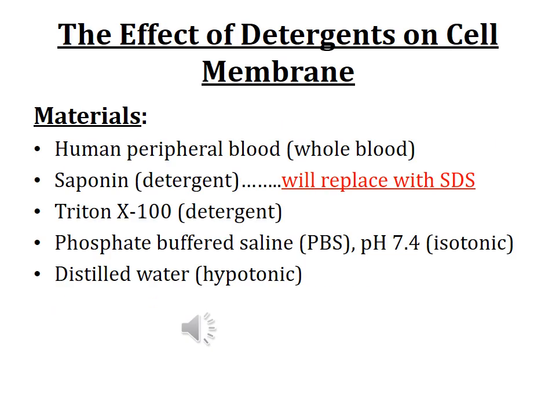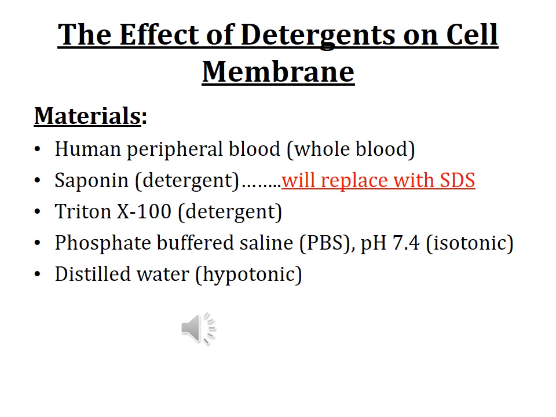So next, guys, we're going to test the effect of detergent on the cell membrane. But we're also going to test the effect of putting the red blood cells in a hypotonic environment. Okay, so these are the materials that we need. We need human peripheral blood, whole blood. We need to test 2 detergents, saponin and Triton X100. However, we're going